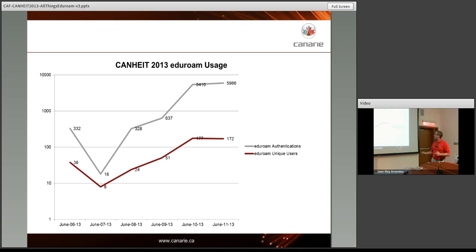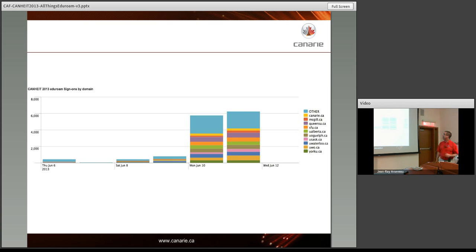So you see a big chunk of people joining and living on the Wi-Fi here in Eduroam, and you see that their authentications are quite large, so that multiple devices come through. Another way to look at it is the stack chart, where we get to see the number of domains that are coming through,